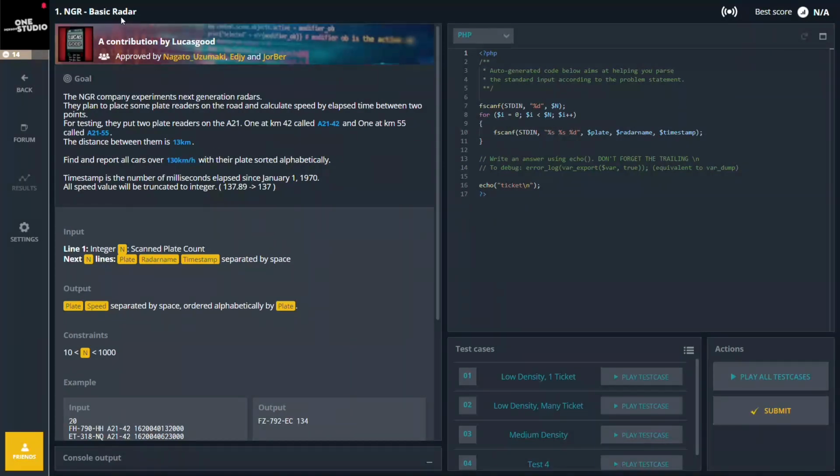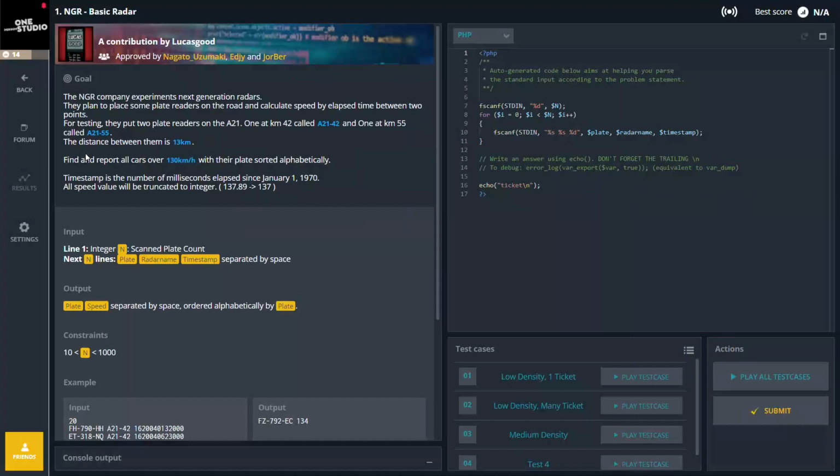NGR Basic Radar. The NGR company experiments with next generation radars. They plan to place some plate readers on the road and calculate speed by the elapsed time between 2 points. For testing, they put 2 plate readers on the A21, one at KM42 called A21-42 and one at KM55 called